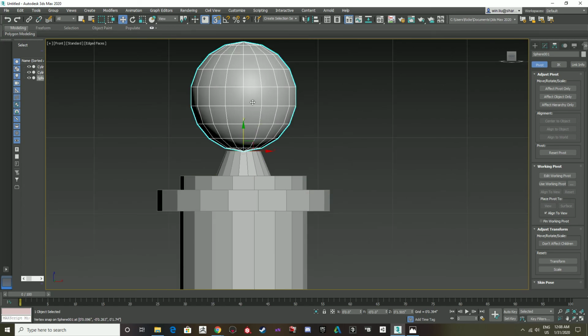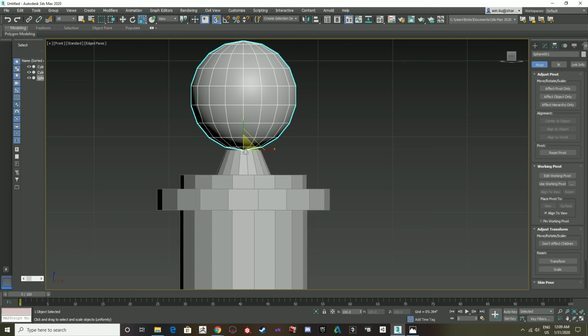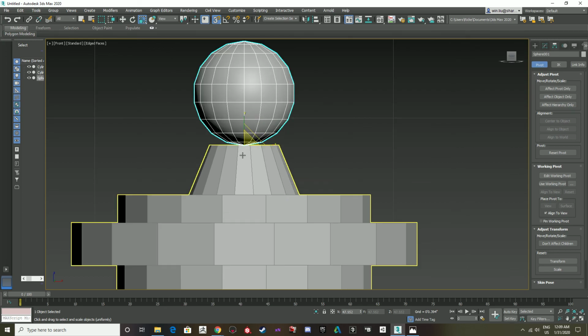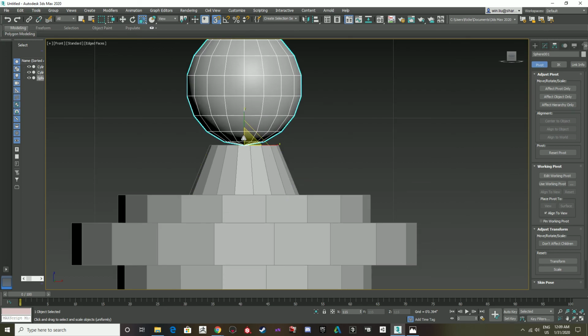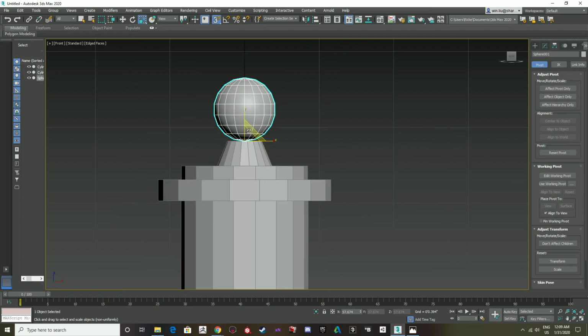So obviously this is way big. So what we want to do is we're going to scale this down. Hit your scale tool and just scale it down some, and it's going to scale it, you see, from this pivot point. So it's scaling from the bottom. So we want something like this, just like that. Okay,